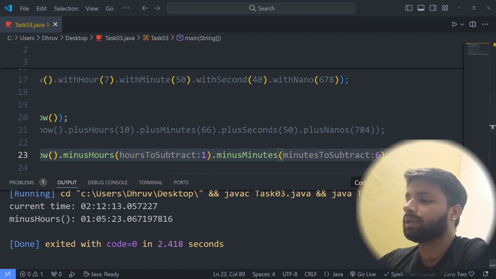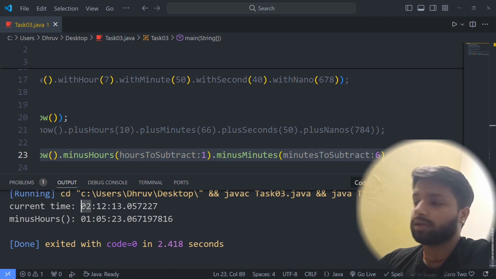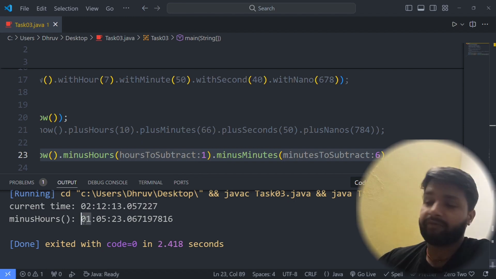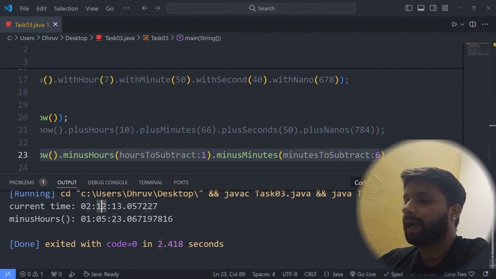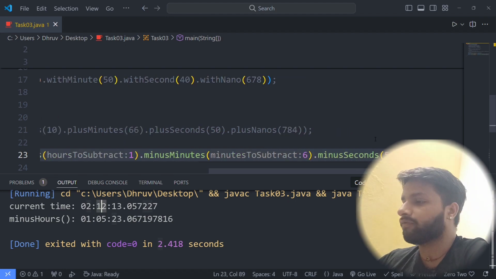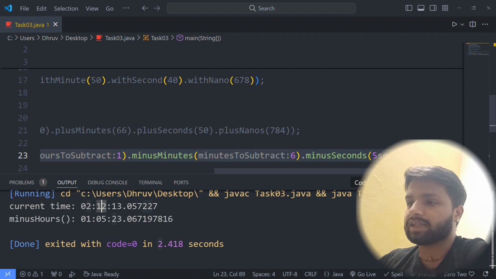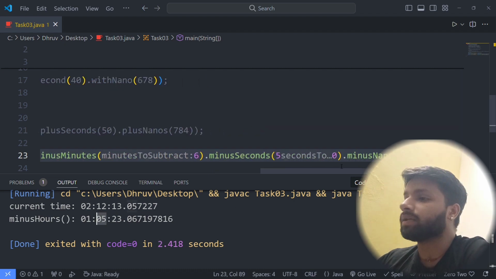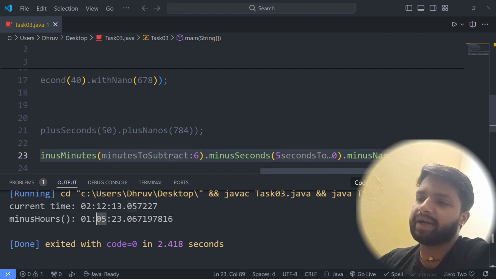Currently the time is 2 o'clock, so this will become 1 because I deduct 1 from it. And minute, which is 12, I deduct 6 because this is a minute. What is this, which is seconds? 50 seconds. Because of this, it becomes 5. So this is minus nanoseconds. From this we have removed this 784 nanosecond.